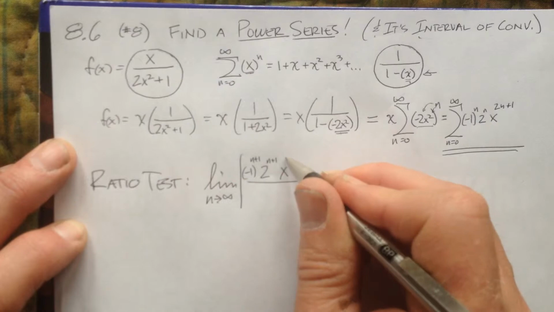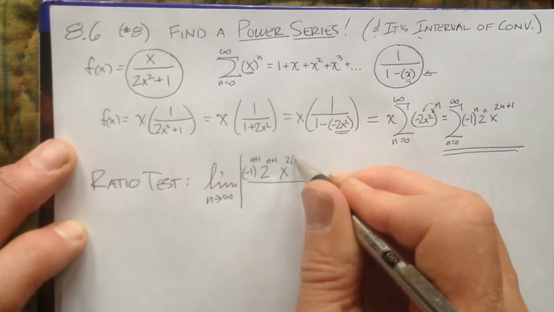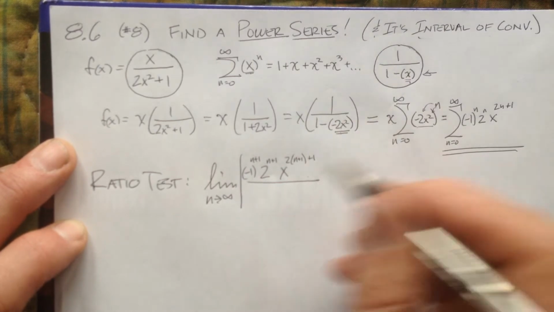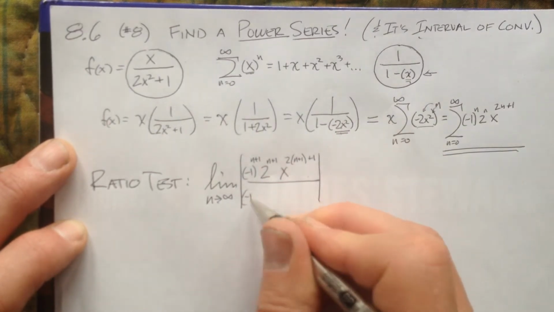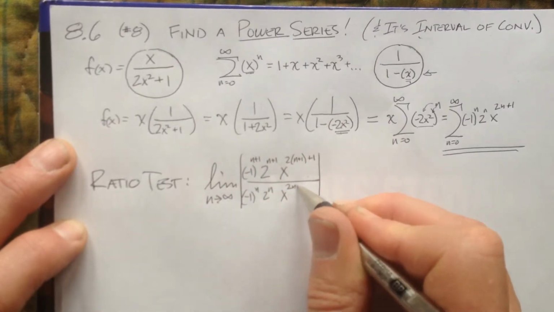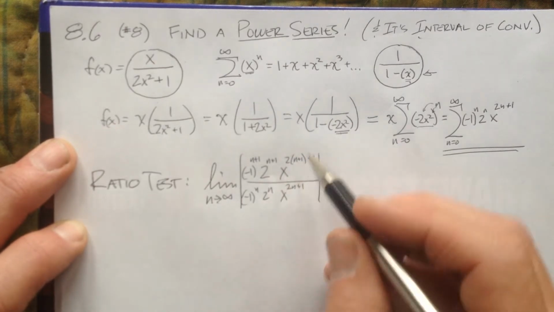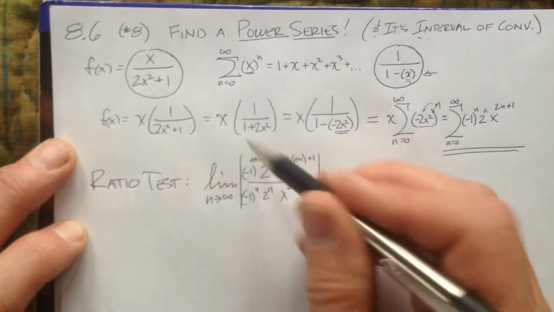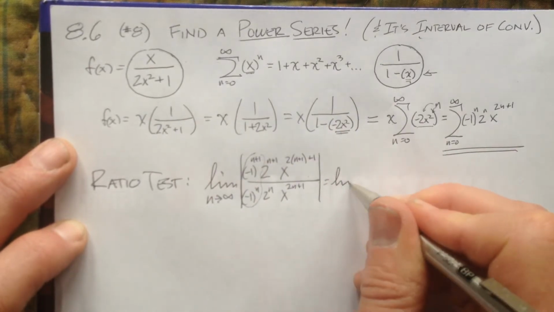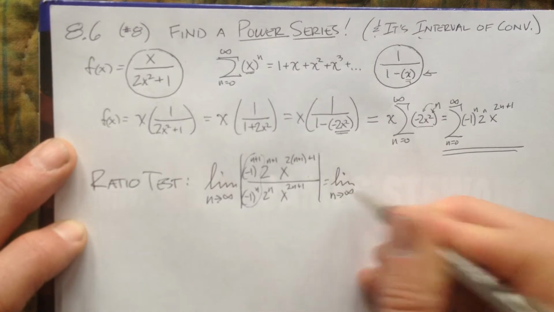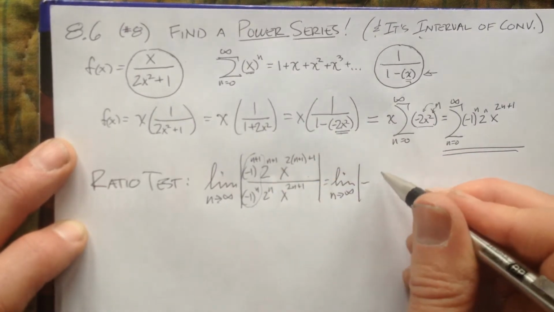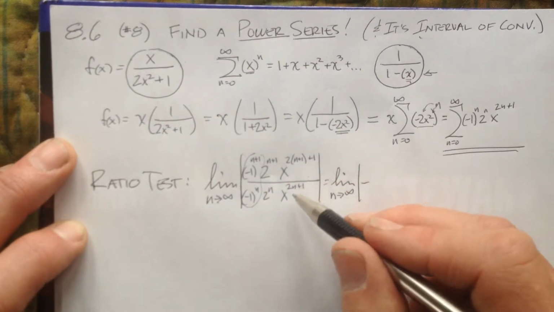I've got x to the 2n, so in place of the n I do n plus 1, and then that plus 1 is out the side there. That's all over negative 1 to the n, 2 to the n, x to the 2n plus 1, and I just have to carefully go through and do my cancellation. Well, these guys will always be alternates, so that's going to be just a negative sign. Always, and I've got one more 2 up above, so let's see, I will have more x's up above,